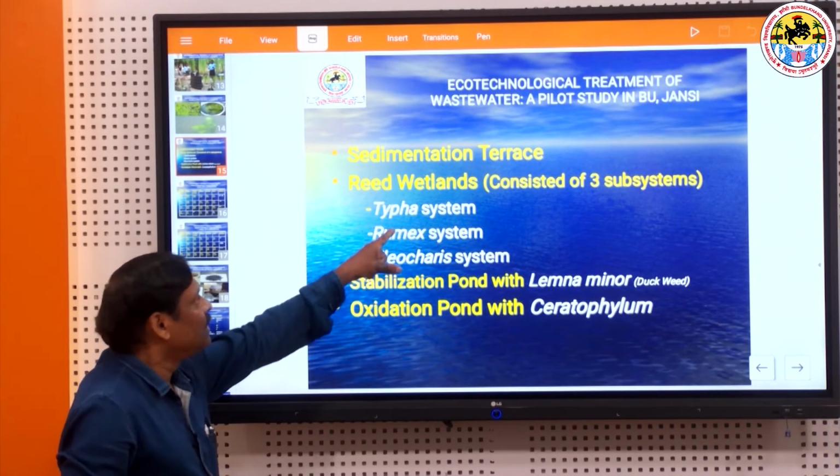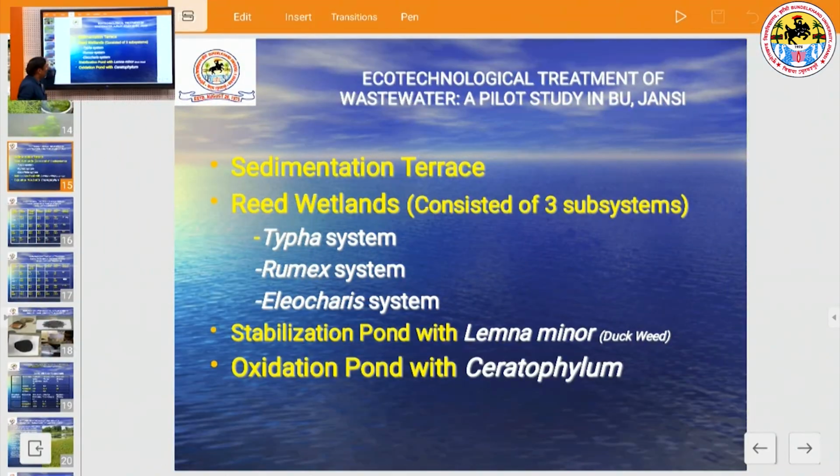Here you can find this treatment consists of a sedimentation terrace, reed wetlands that contain the Typha system, Rumex system, Heliocharis, then this stabilization pond. As I told you, in the stabilization pond duckweed, that is called Lemna minor, was included, and under this Ceratophyllum, this is the oxidation pond which requires oxygen, and the process in our regional water bodies